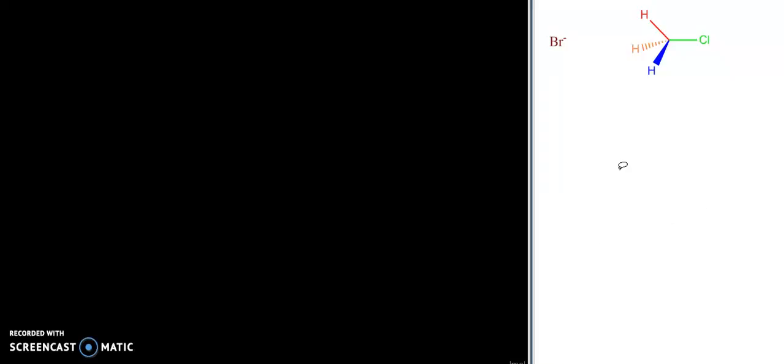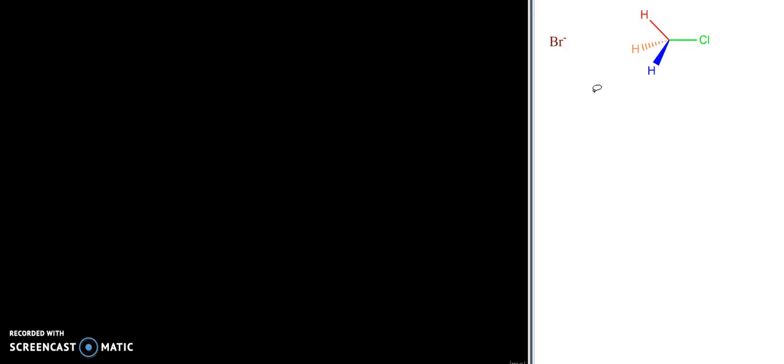Let's look at an SN2 reaction, and I've chosen a simple SN2 reaction to start with. This is methyl chloride. I've just colored my hydrogens differently and the chlorine differently so that we can keep track of things. And we're going to react this with Br minus, bromide ion. And we know from the things that we've talked about before that the Br minus is going to attack and the chlorine is going to leave, or the chloride is going to leave at the same time,